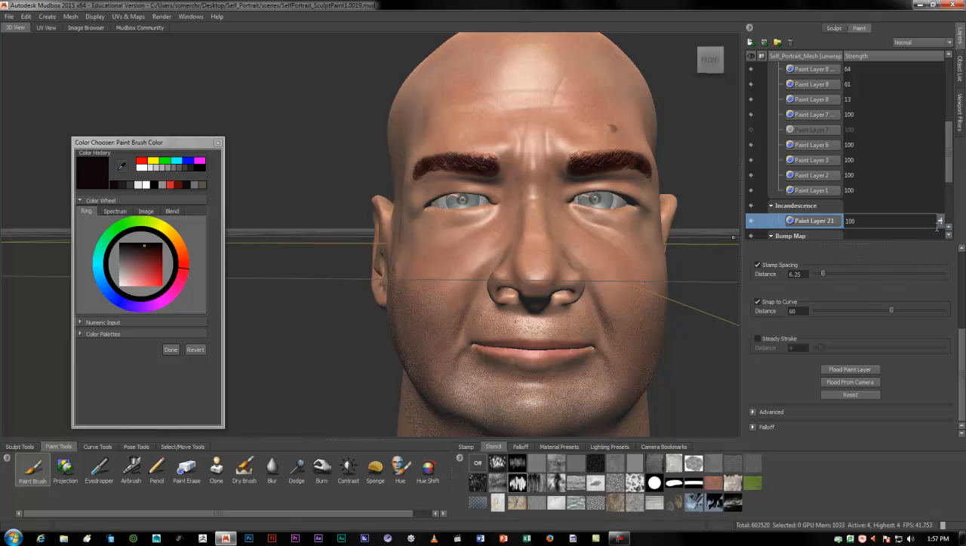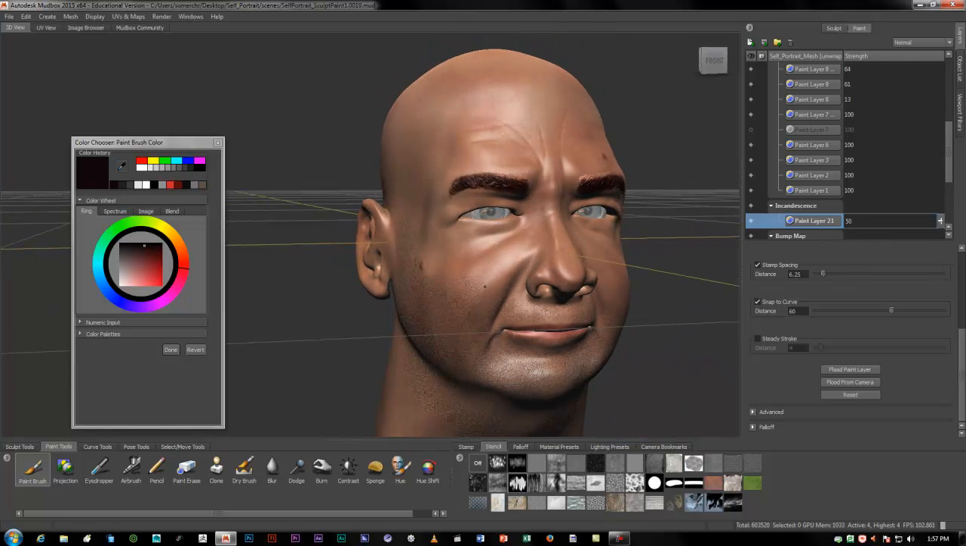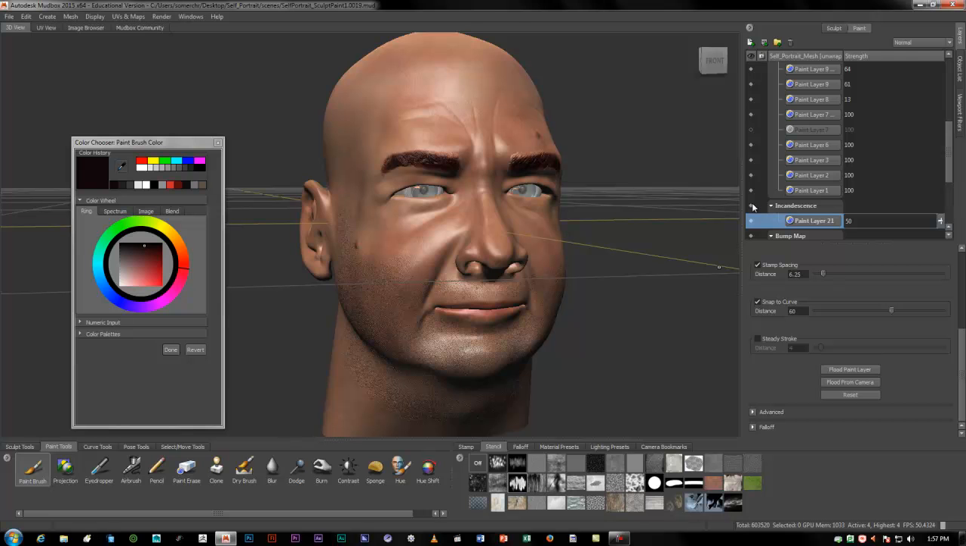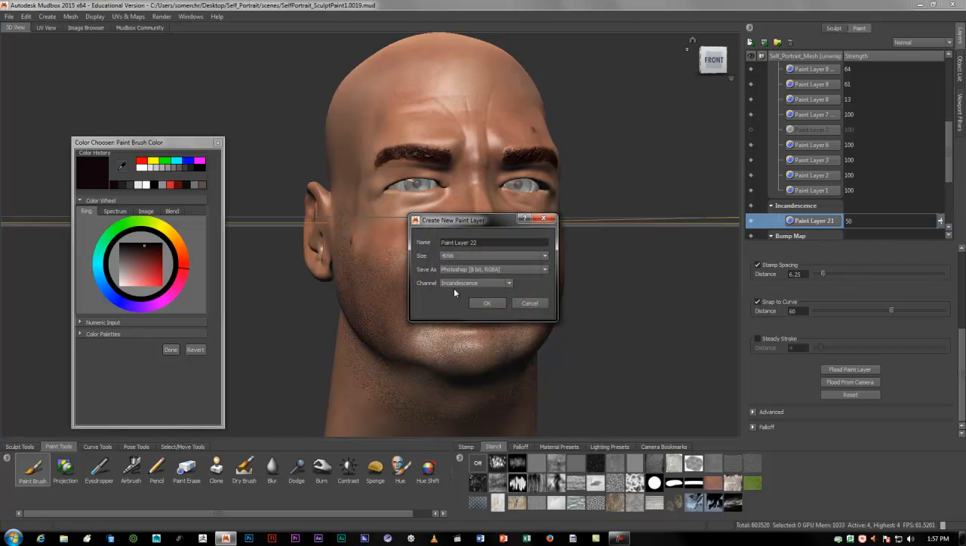And I'm going to take the opacity down to 50%. So now we get a subsurface incandescent scattering to get a better kind of luminous skin. Let's have a look at